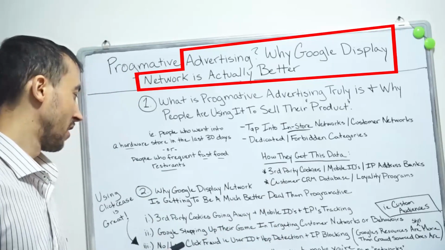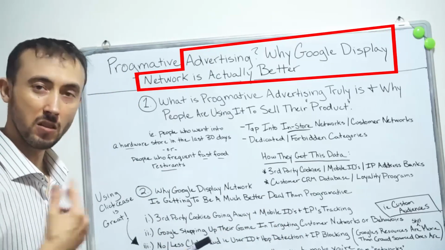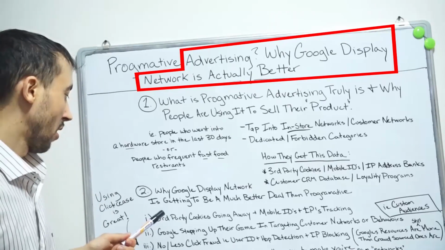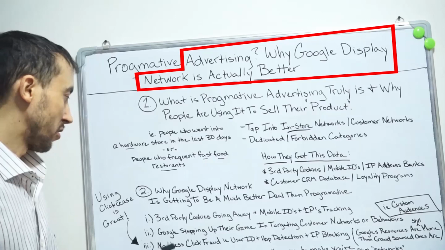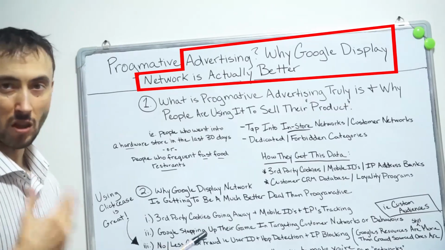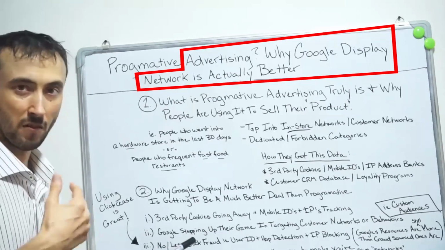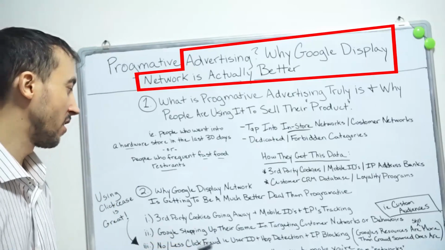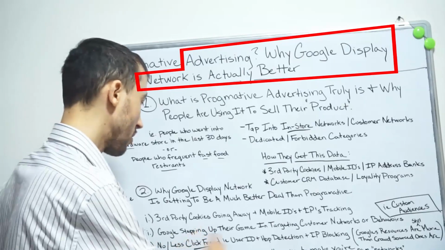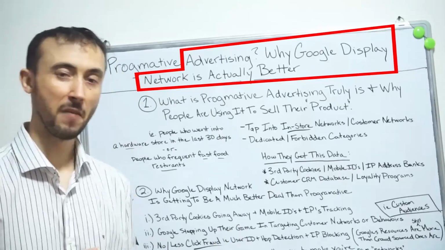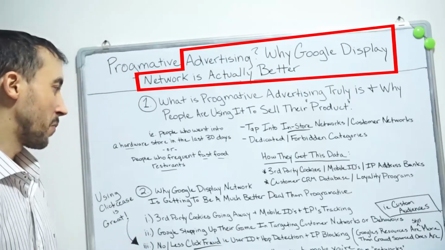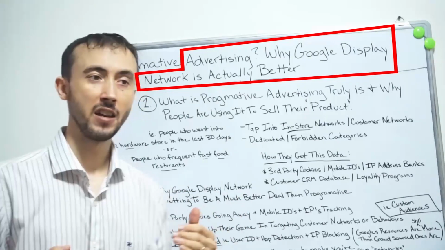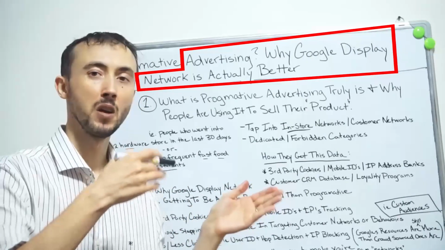And then the other one, if they didn't give you enough reasons already why Google Display Network is better, the last one is a reason enough all in itself, which is Google Display Network clicks. There's no, no is a strong word. There's never really none, but there's less click fraud on the Google Display Network versus these programmatic ad networks, because there's actually several reasons. And if you don't know what click fraud is, it's just basically you're paying for a fake